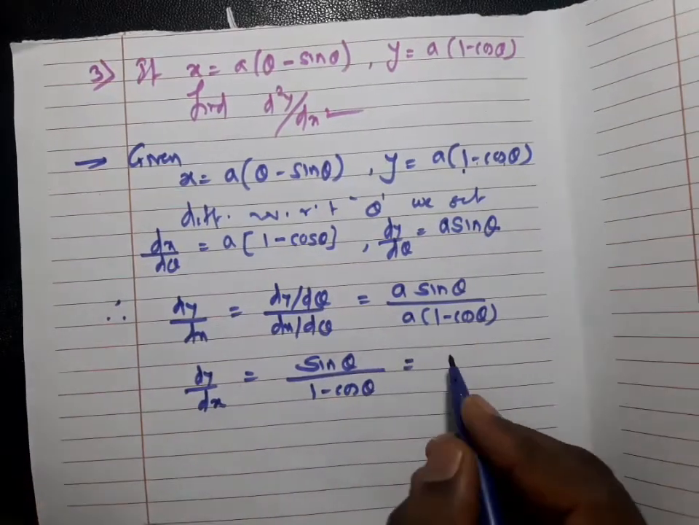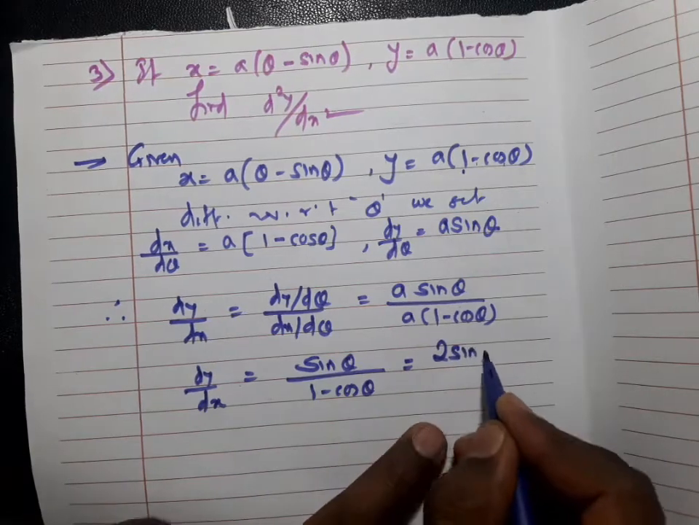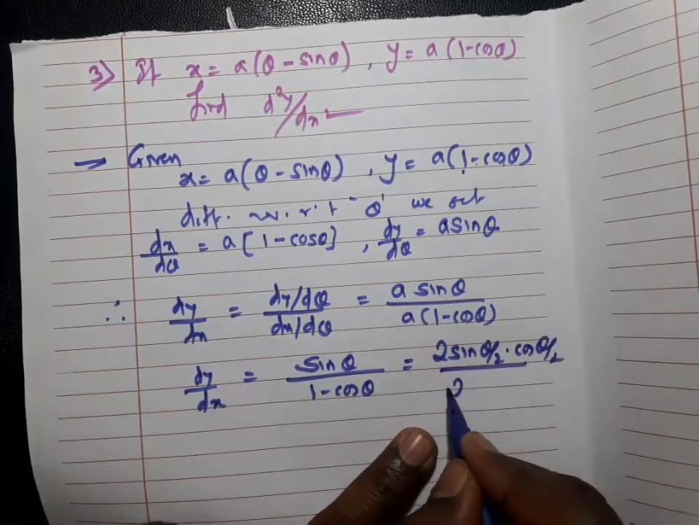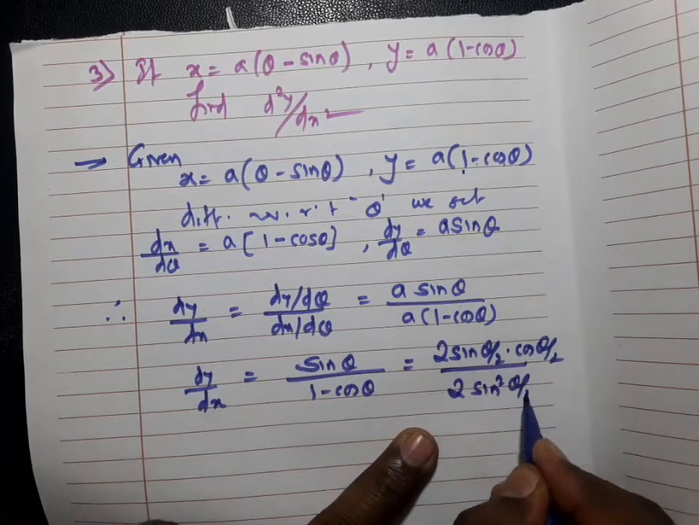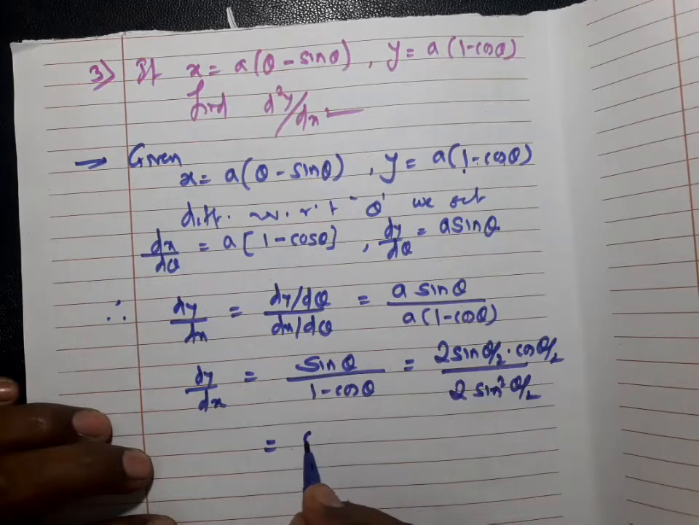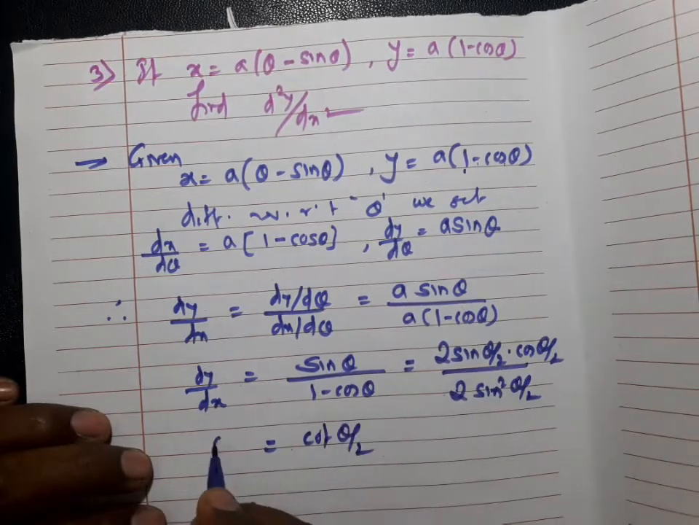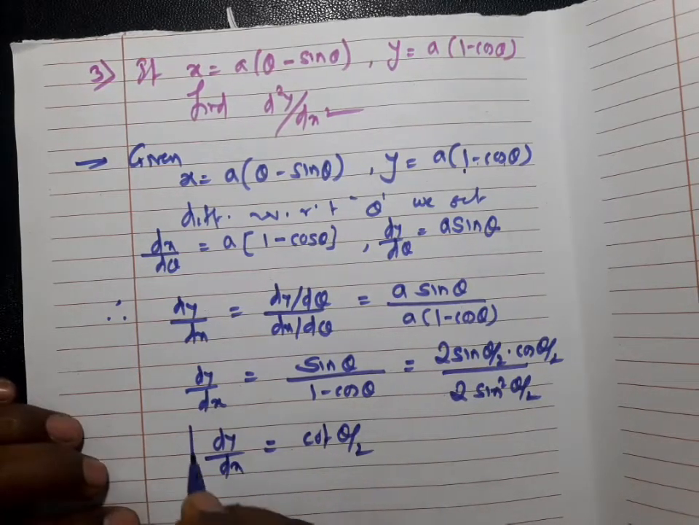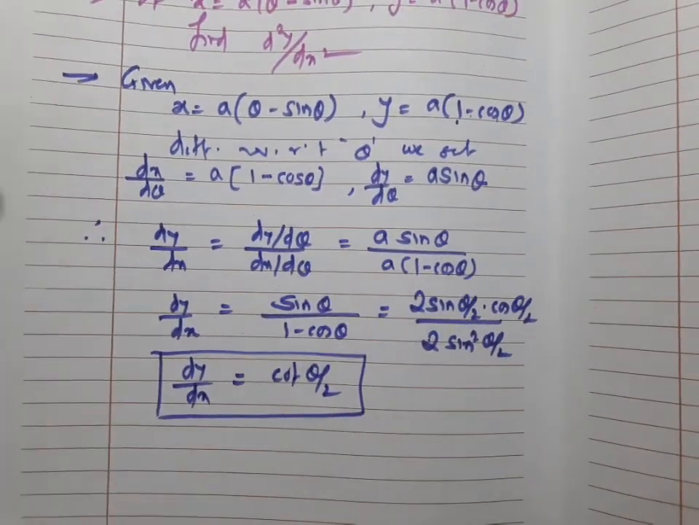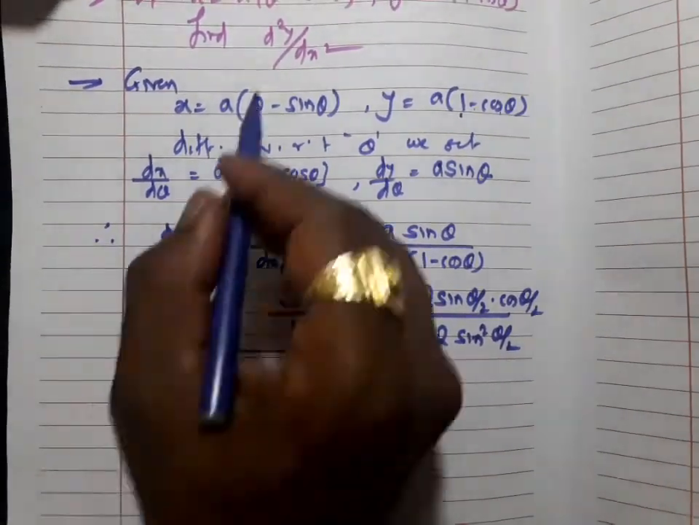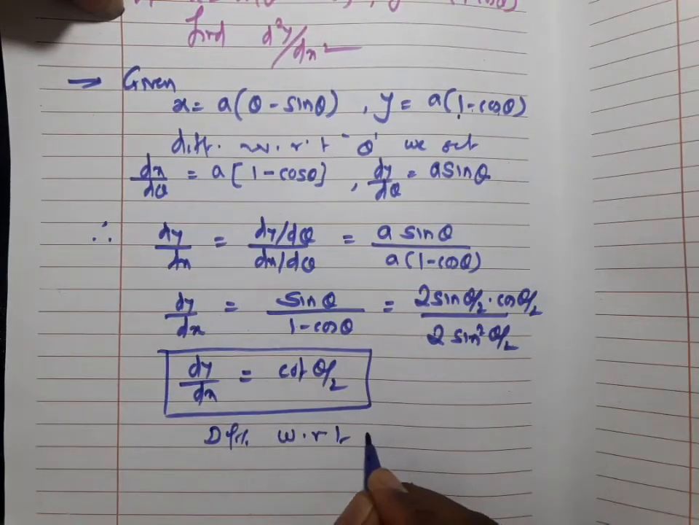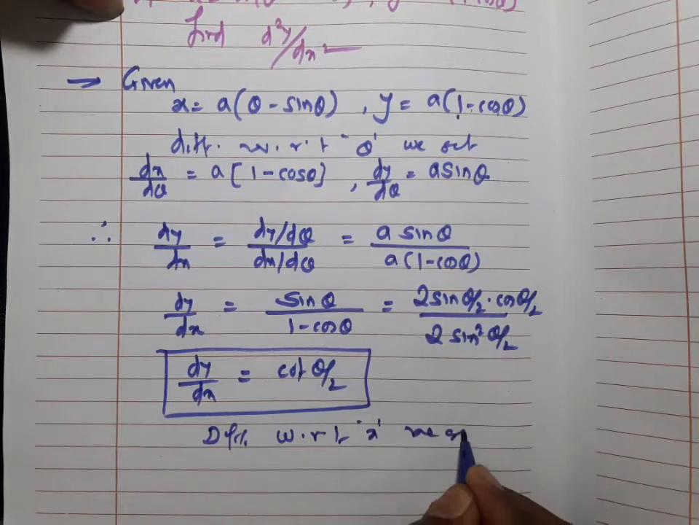Further, you can simplify: this is 2 sin theta by 2 into cos theta by 2, and this is 2 sin square theta by 2. So 2 cancels, 1 sin cancels, it is cot theta by 2 is dy by dx. Now we have to find d2y by dx square, so differentiate with respect to x, we get